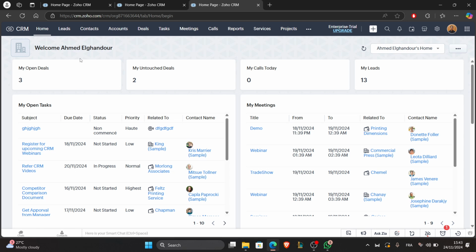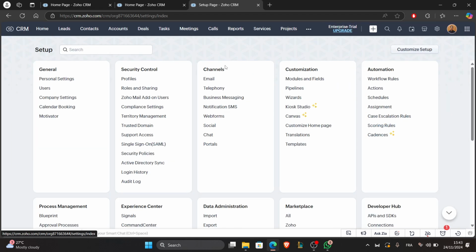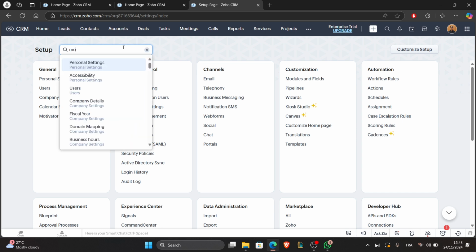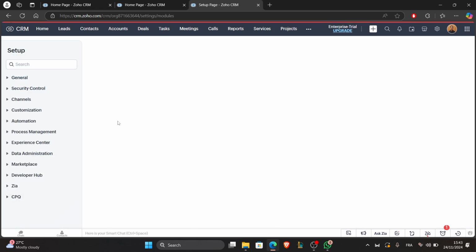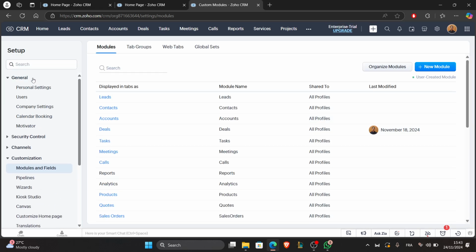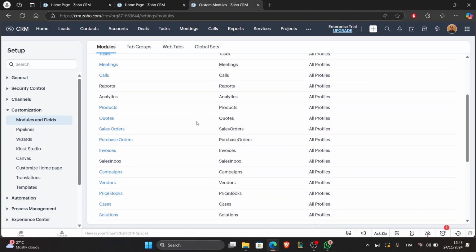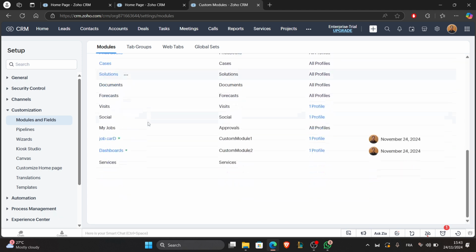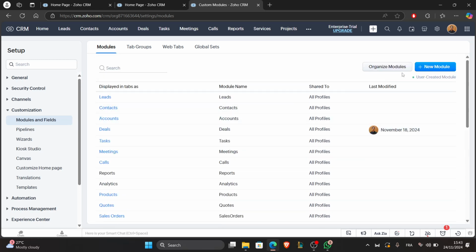From here, click on the dashboards module. If not visible, like this example here, enable it from settings module. Go to settings here and go to module. Here. And enable it. Now, if you don't find it here, create a new module